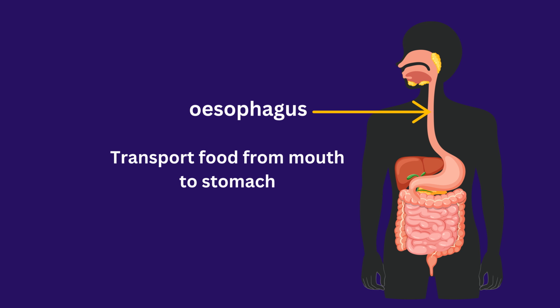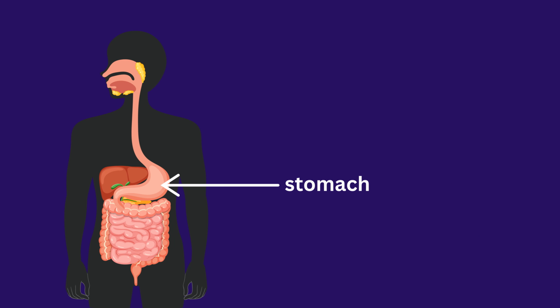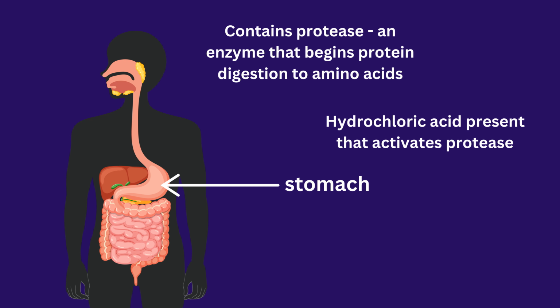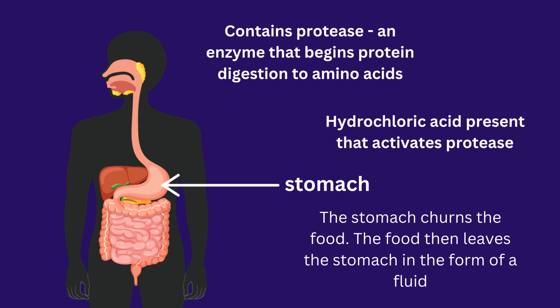The food is then transported from the mouth to the stomach via the esophagus. The food is now in the stomach. Let us talk about what is happening in the stomach. The stomach contains protease, and this is an enzyme that begins protein digestion to amino acids. The stomach also contains hydrochloric acid that activates protease. The hydrochloric acid is also used to kill microorganisms which may enter your stomach from contaminated food eaten. The stomach churns the food, and then the food leaves the stomach to enter your small intestine in the form